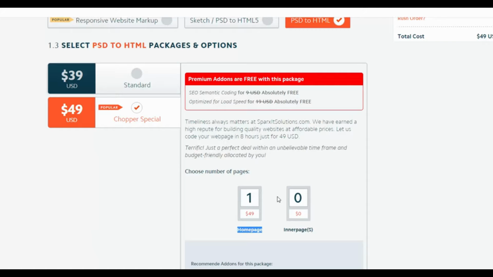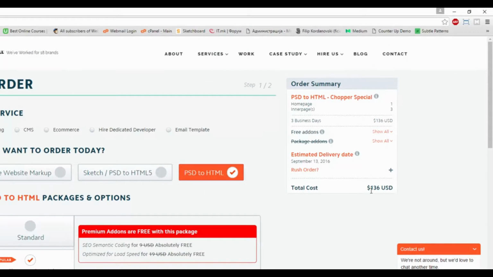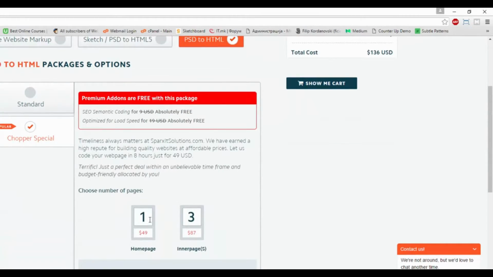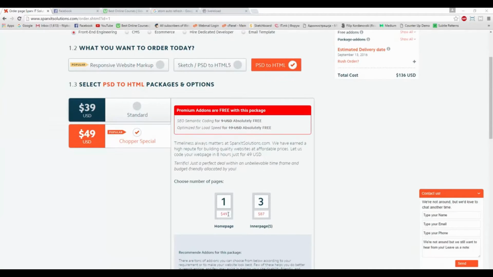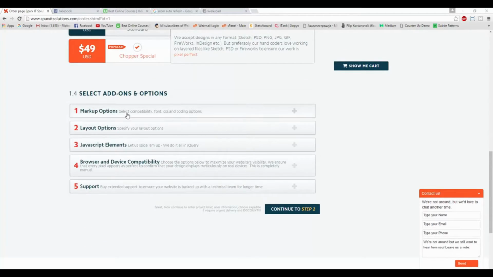What if we want to add some more pages, some inner pages within this website? So let's say that I want to create 3 inner pages. That will cost me plus $87, which is a total of $136 just for 4 web pages. Now that's a lot. Now that's only for a single website, as I said, but if you want multiple options,